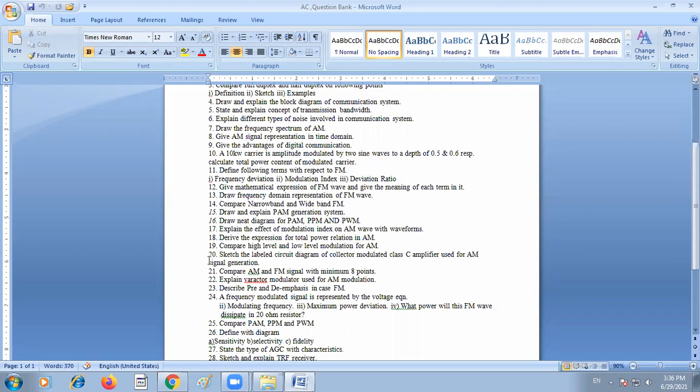What is high level modulation? The high level modulation is where the modulating signal is... it's only the antenna that radiates. Whereas the low level modulation is where the signal is